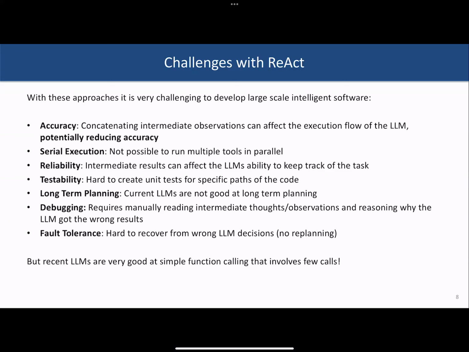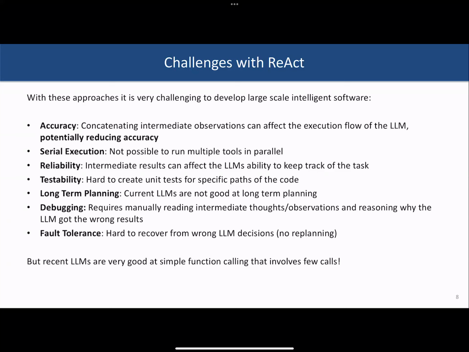LLMs are very incapable of doing long-term planning. So if you have a task that requires calling many different APIs back to back, because of this sequential execution and the fact that we're not following a plan, it may diverge. It's very difficult to do debugging. What's the equivalent of a PDB? What's the equivalent of knowing that, okay, the LLM failed, what happened? What we should do right now is basically go and look at all of those thoughts and actions manually and think, why did the LLM make the mistake? Maybe that's okay for the example I showed, but imagine if you have a very large scale software, that's not possible.